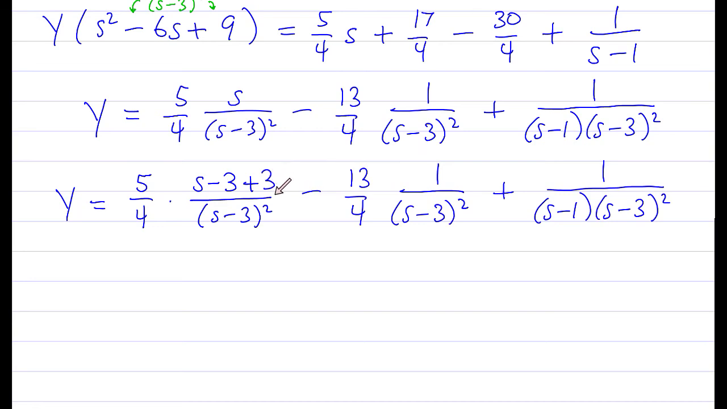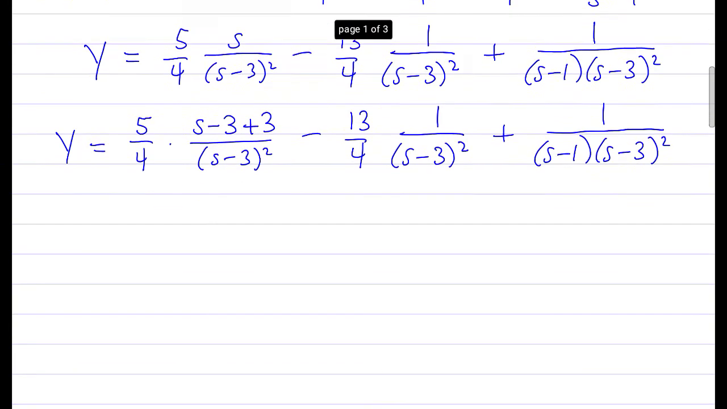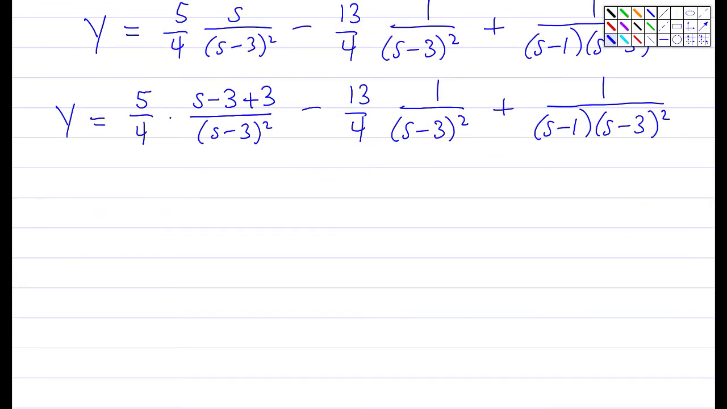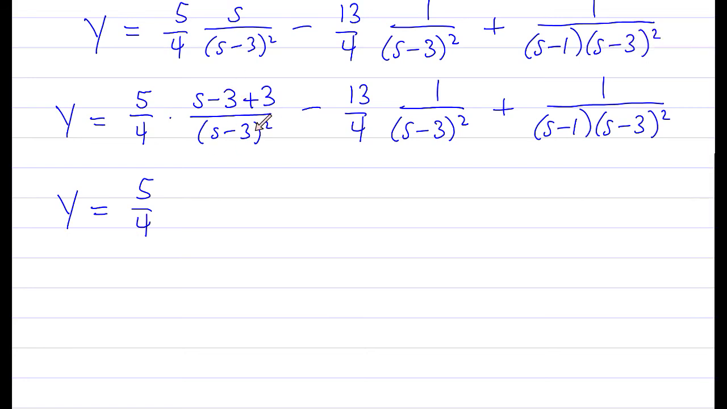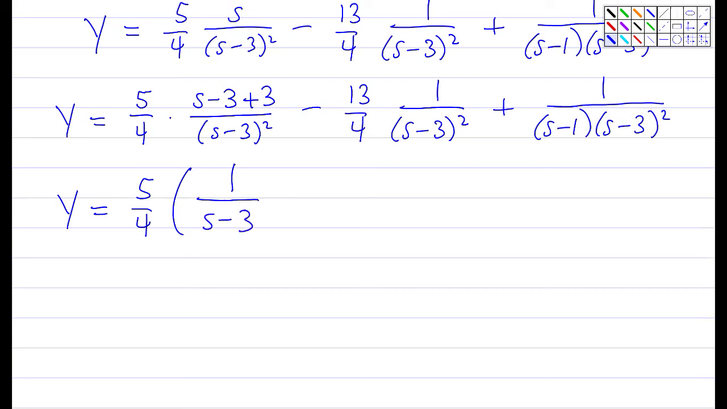Okay, the idea is that if I can split this up into s minus 3 over the denominator plus 3 over the denominator, then I'm going to be able to see something that I recognize. Let's see what I get. y equals 5/4. Okay, s minus 3 over s minus 3 quantity squared, well, that's just 1 over s minus 3, plus 3 over s minus 3 squared, and that whole thing is multiplied by